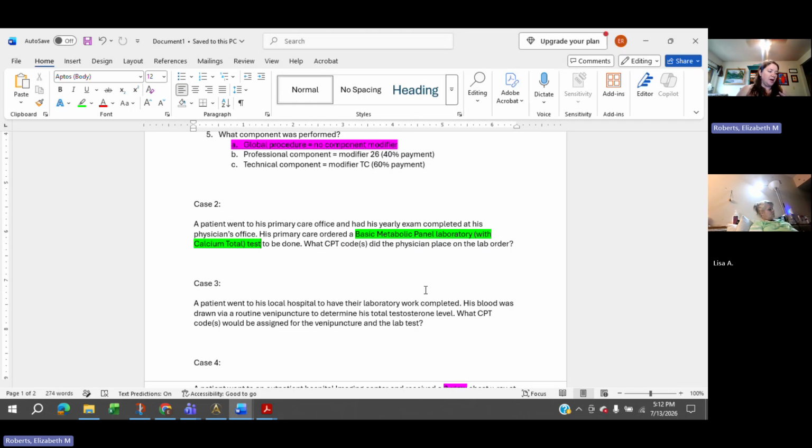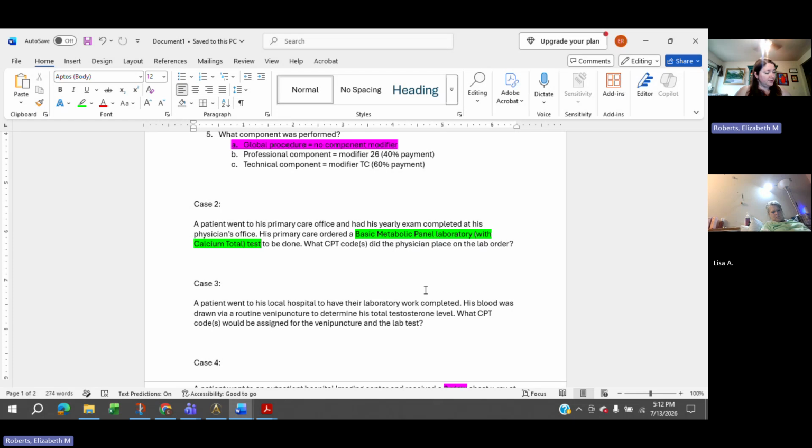So you have metabolic panels, general health panel, electrolyte panel. You've got some obstetric panels, lipid panels, that kind of thing. Most of them are made up of at least 4 or 5 different lab tests. They bundle them into a panel because it's easier to report one code than reporting 15 different codes, right? So if you look at the first panel code 80047, that's a basic metabolic panel with calcium ionized.